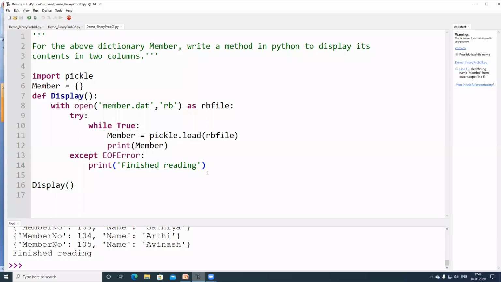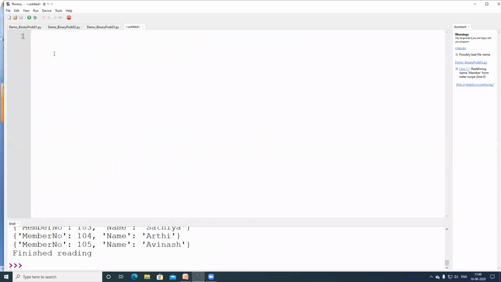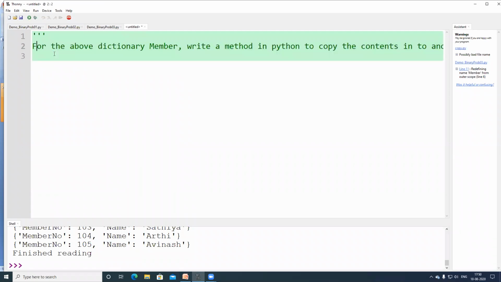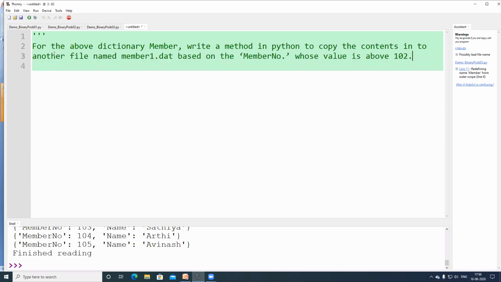Now let us do this program. You are reading the particular file and then you are trying to copy it, based on this particular condition.